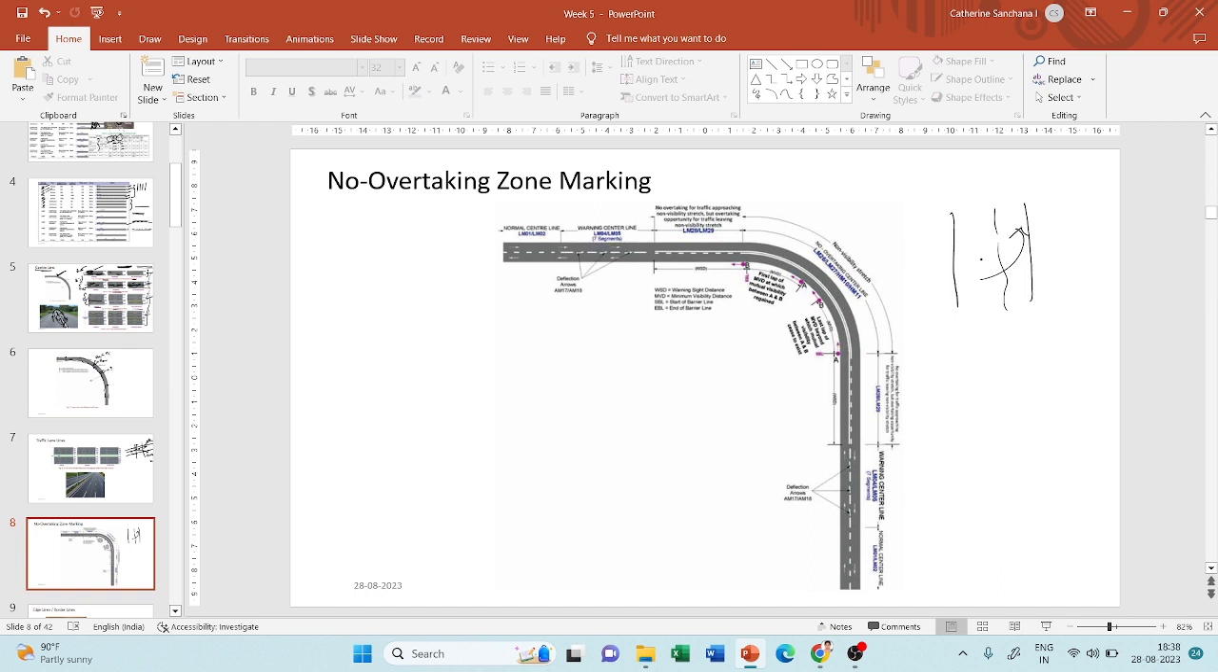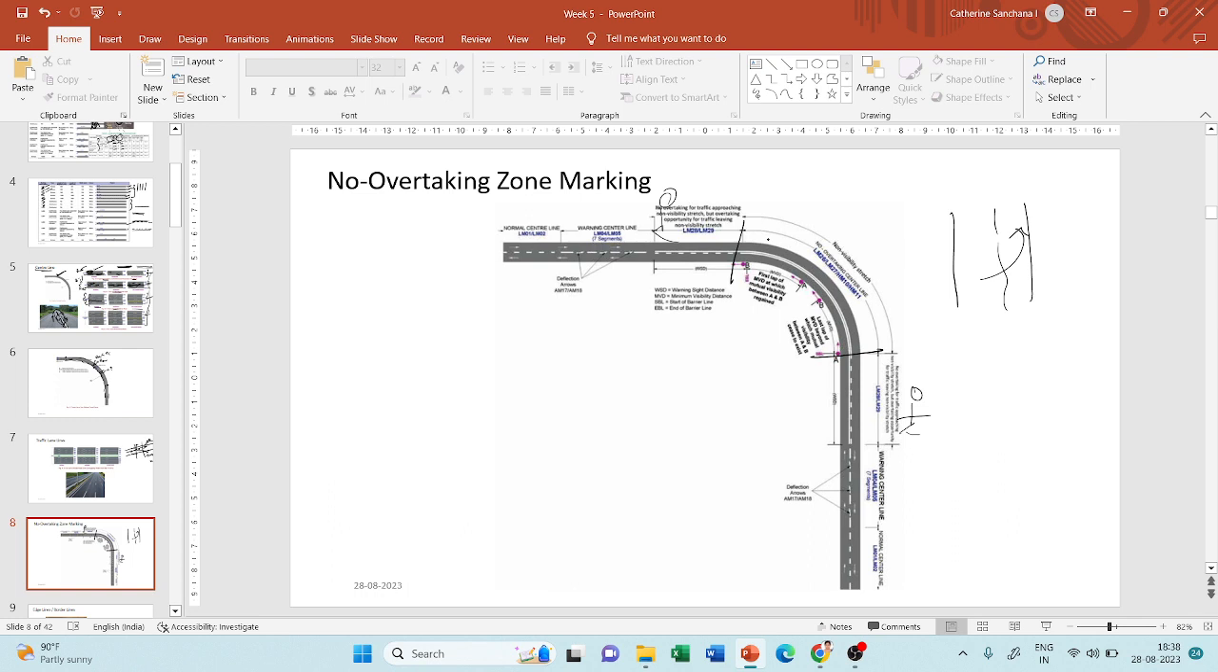For such cases, you can always guide them through signs saying that overtaking is prohibited in this region, and after the region ends, you can provide a sign that the no overtaking zone ends. Something like that you can convey. But apart from that, you should also guide them through road markings. Okay, so for such cases, what you can do is, and most importantly,